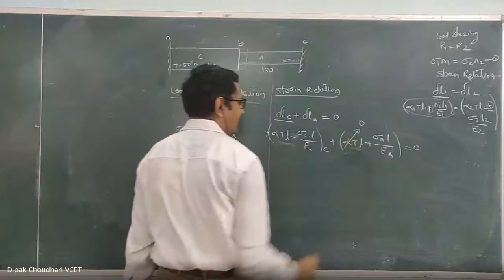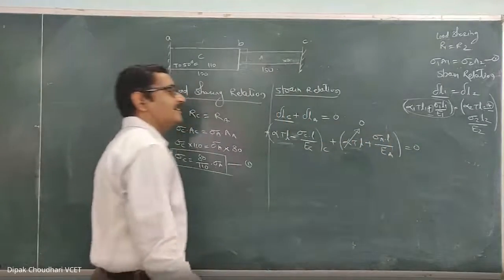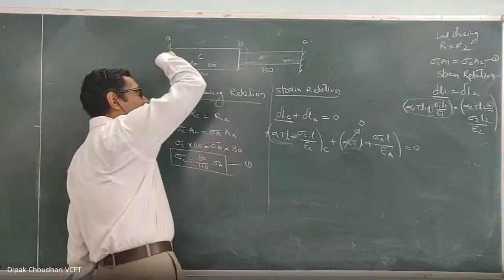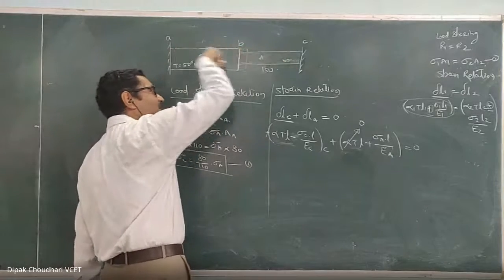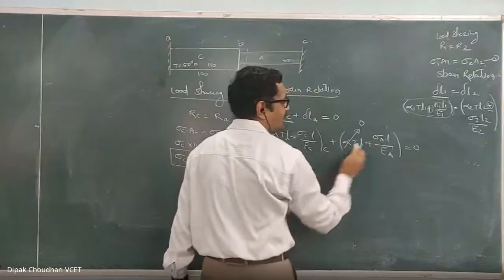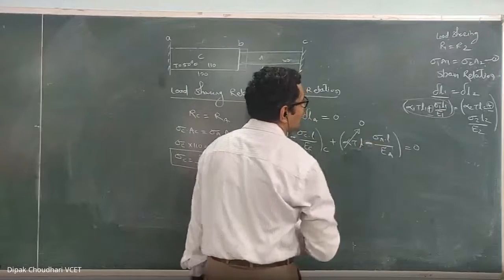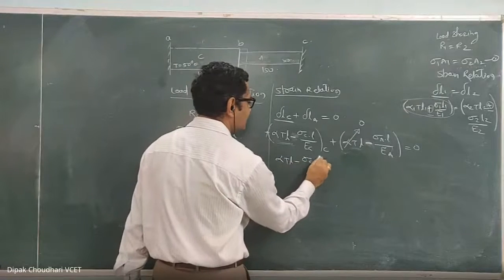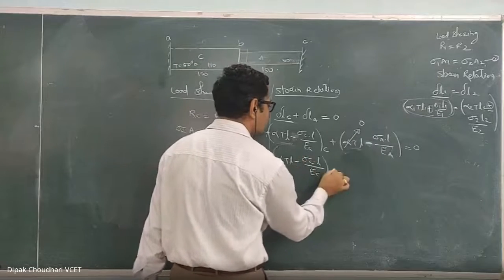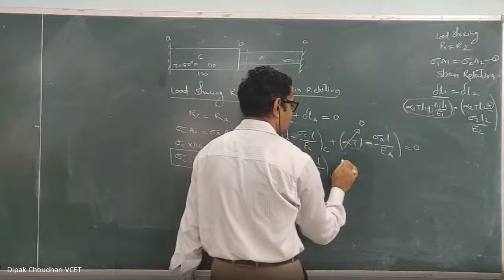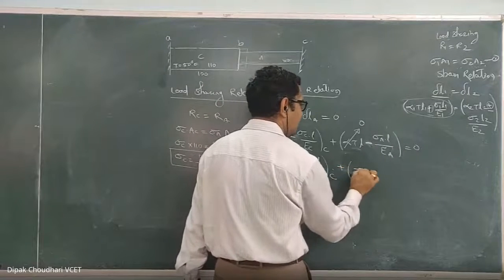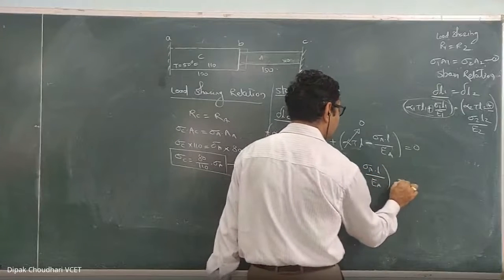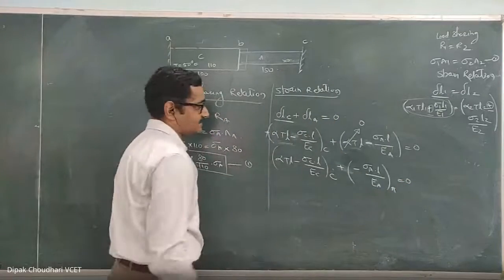And here, this is zero. But this is the deformation because of the axial force acting on the aluminium. Now, axial force acting on the aluminium is compressive in nature. Because of this, it will contract. Here this will be negative, not positive. Means our equation becomes alpha TL minus sigma C into L upon EC for the copper, plus in bracket minus sigma A into L upon EA for aluminium, which is equal to 0. Just substitute the value and get the answer.